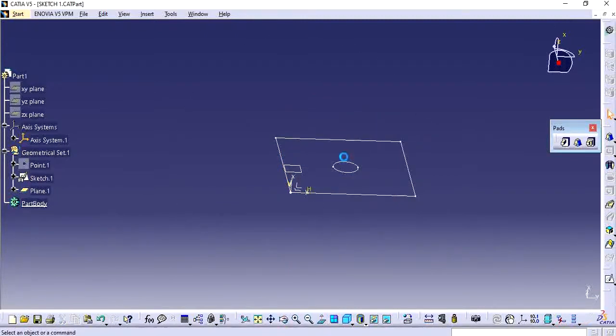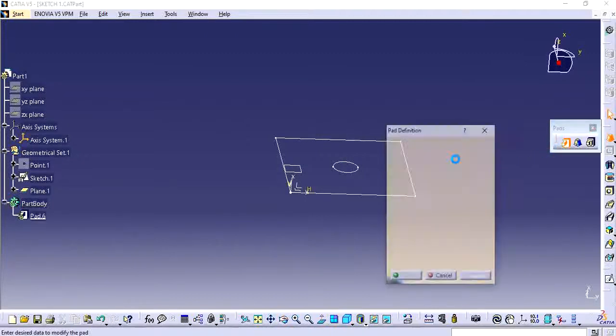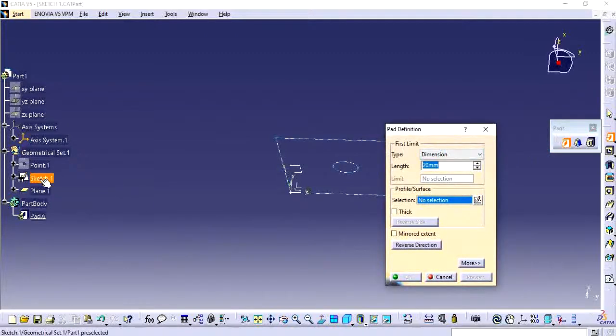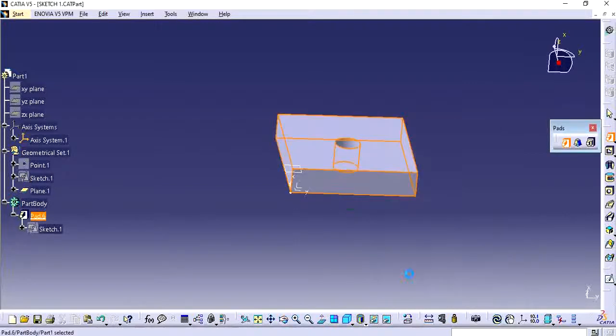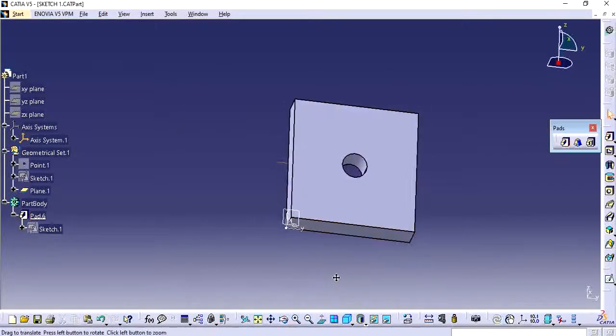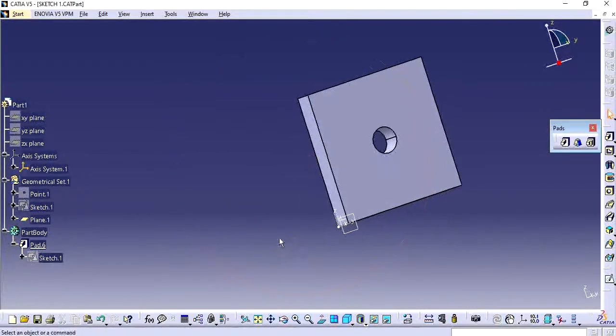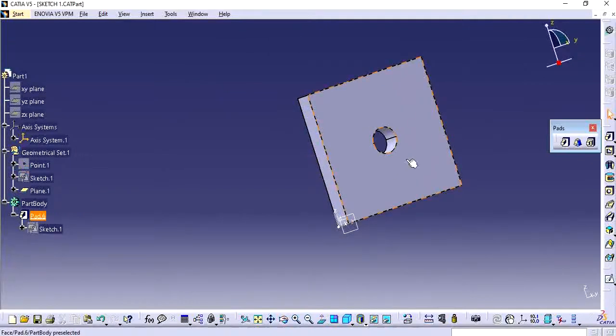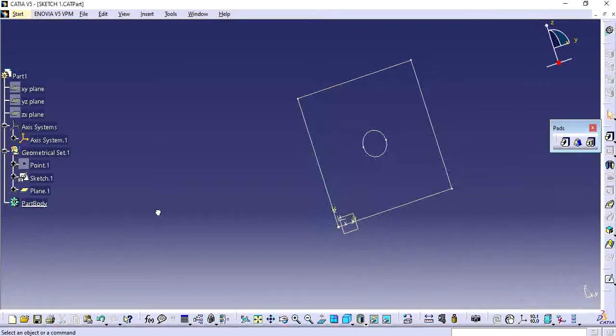So in general, if you are just doing the pad with this sketch, you can see how it is coming. See, now the same feature we have created, but it is created as a whole. When we are doing the same thing in multi-pad, you can find the difference.